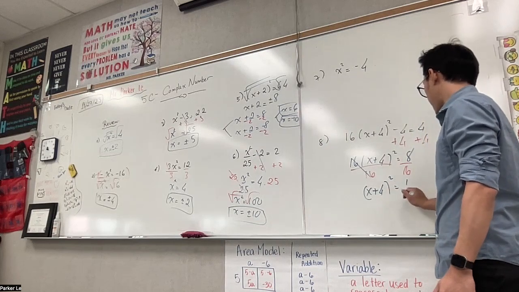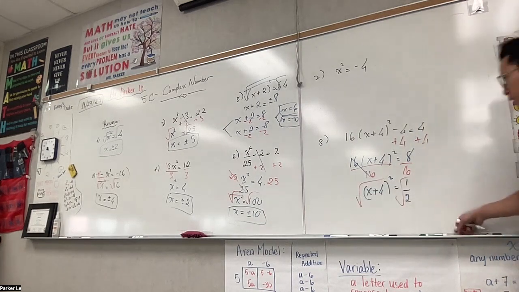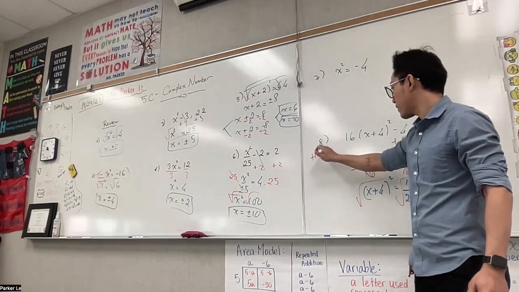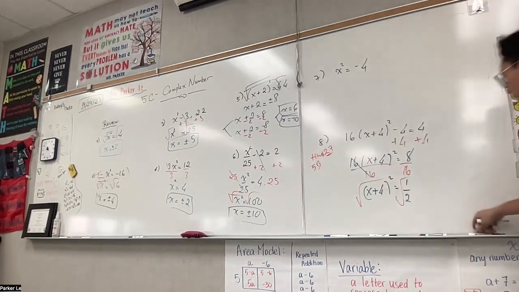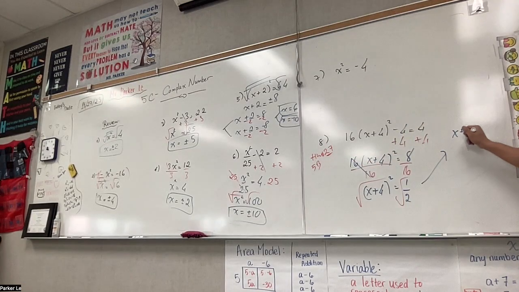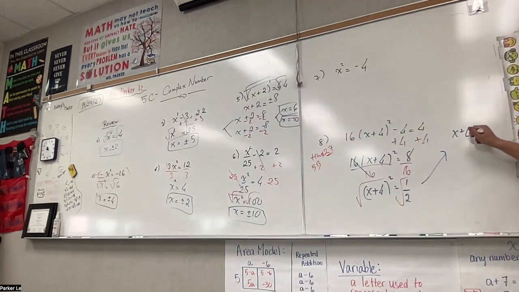Equal to 1 half. And second, square root. This is from homework. Okay, this is from homework 27. Number 27. Homework 5e. All right, so continue right here. X plus 4 equal to what? Plus minus 1 over